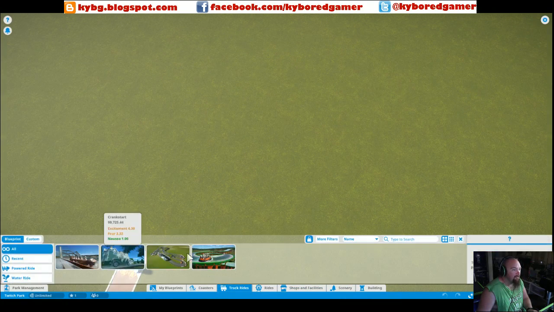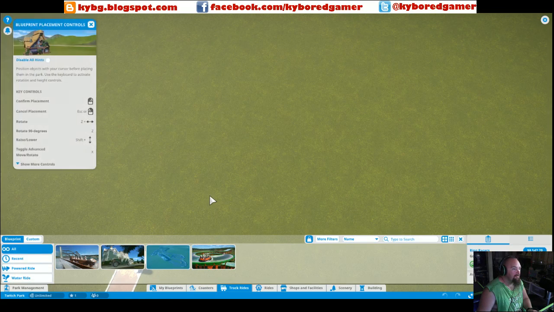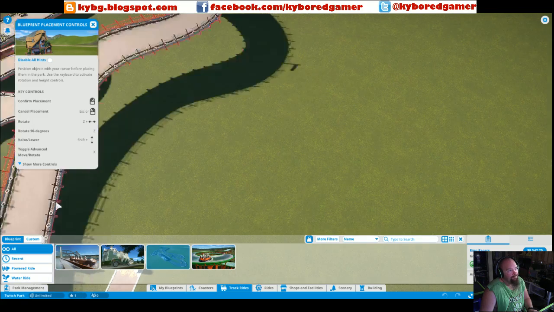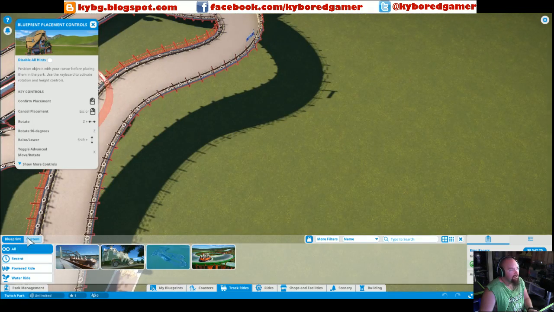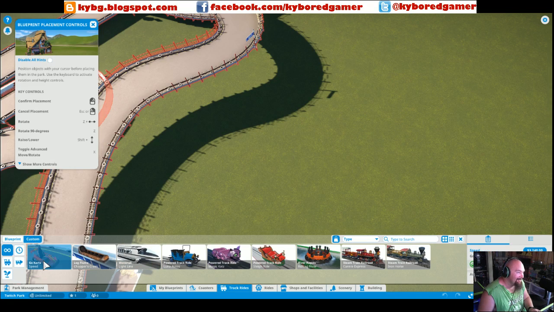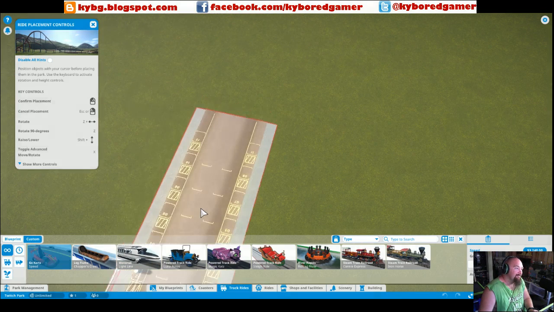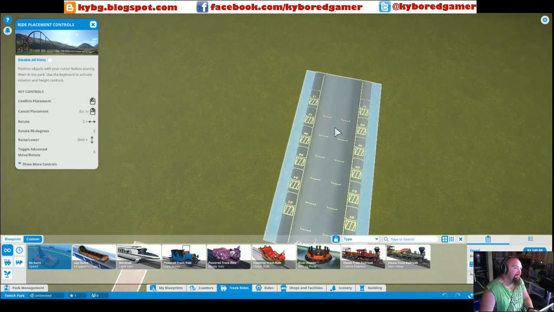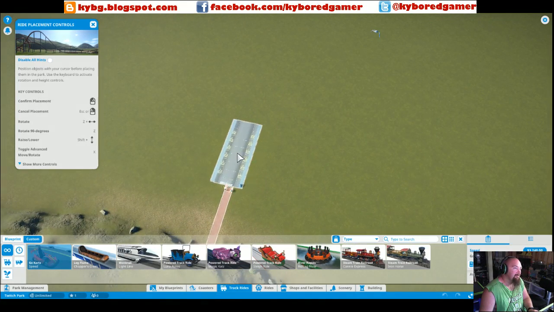Alright, so rides. Building a go-kart track. Yes, we need a theme though. We need a theme. Where's my... Oh, there it is. Yeah. Got lag even on this crap. Well, if we have two different settings, like I'm in the desert and you're in what, grasslands? Yeah. That is kind of the theme, so...